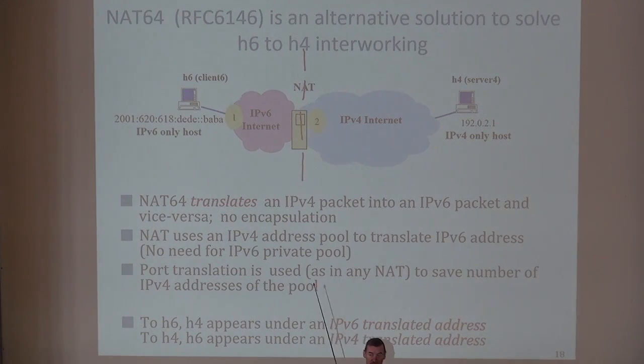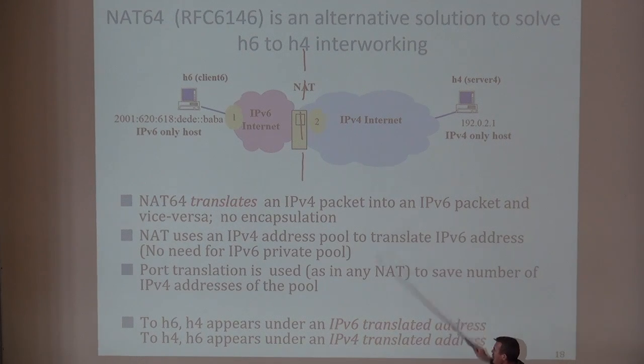Most residential networks are using private IPv4 addresses, 10 dot something or 192.168 dot something. So if you are using those private addresses, in order to go to the public internet, we use a NAT. Well, we can use the same thing here. We can treat the IPv6 internet like a private address space compared to IPv4. That's the idea of the NAT. Now, there are some things that are special due to the fact that it's IPv6 that we will see. A bit of terminology.